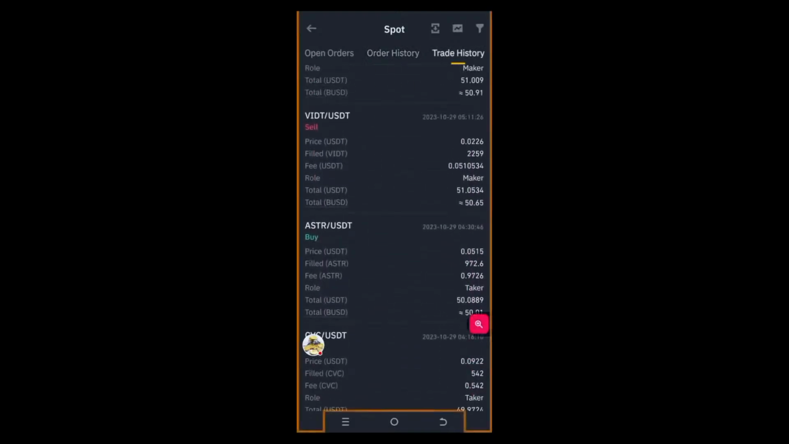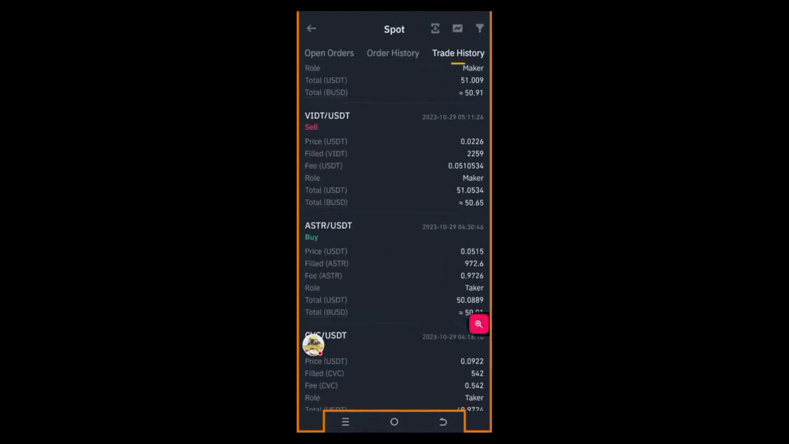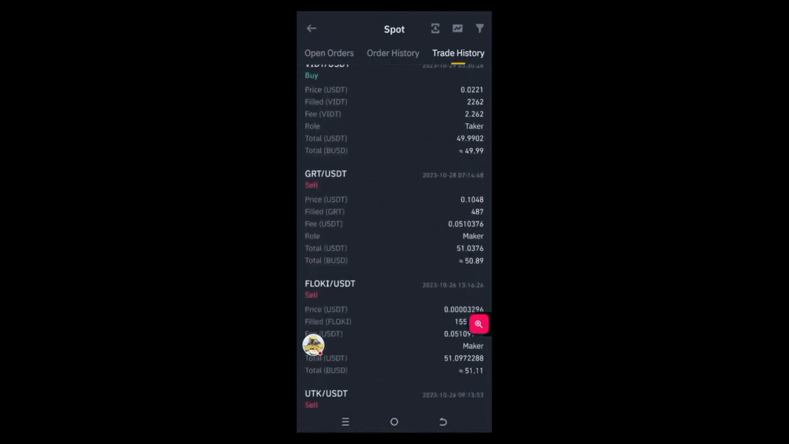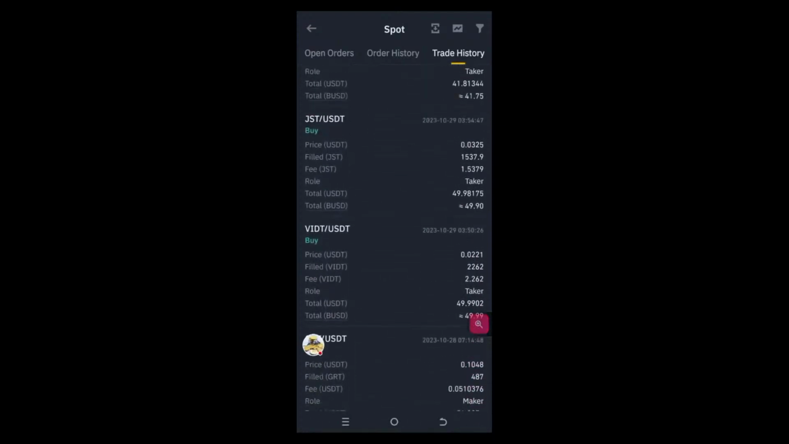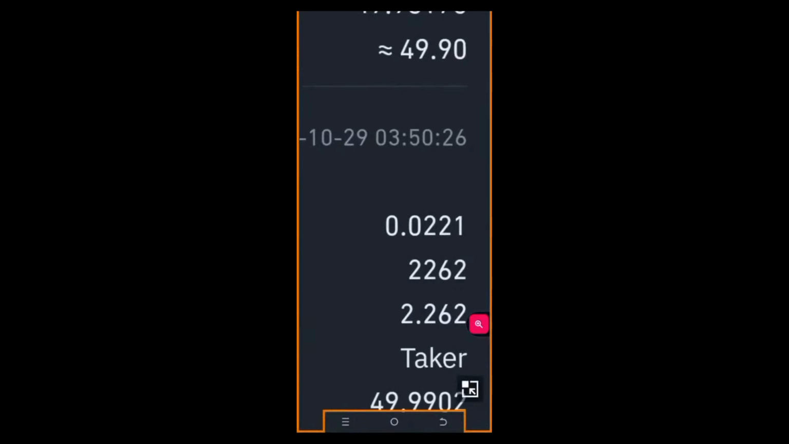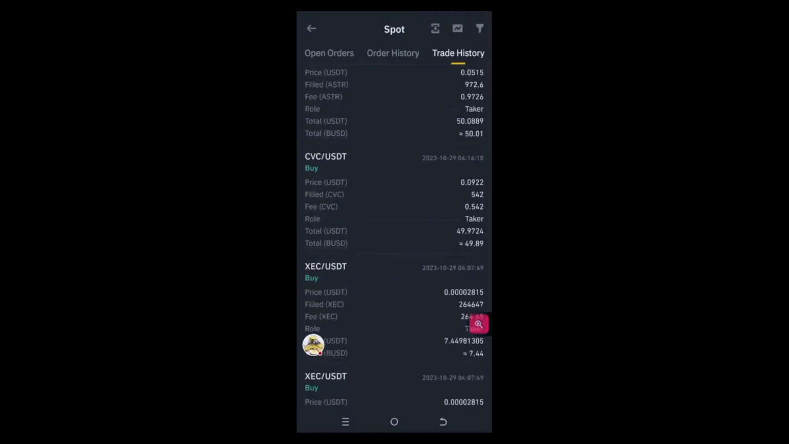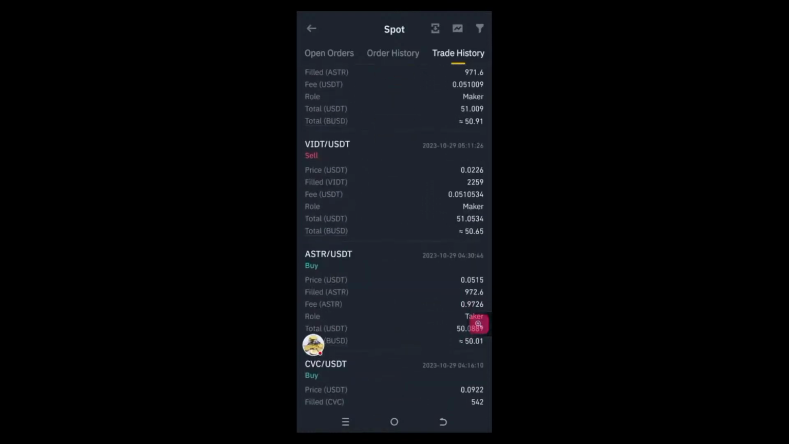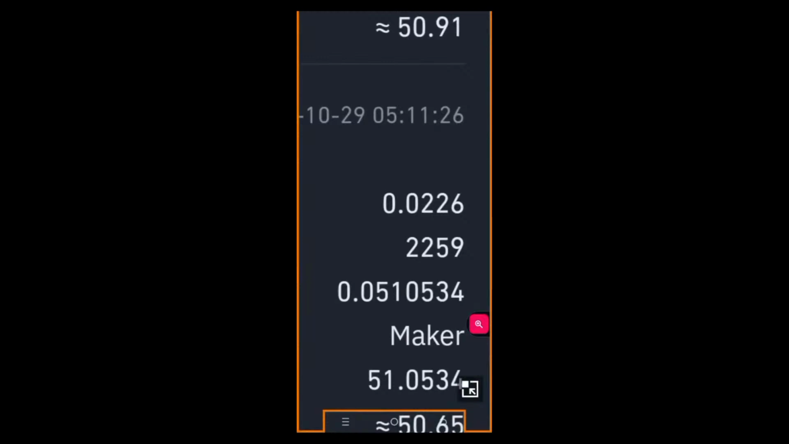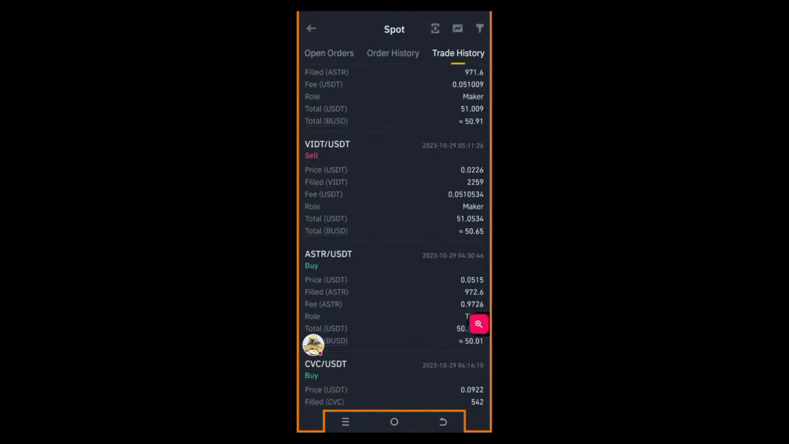Okay, so this is VIDT. We actually bought it at 221. Yes, that's how much you put. Let me go and check so that I can show you and be very sure. Look at it here. We bought it here at 221. That's the price we bought it at. And in terms of its execution, we were able to execute it at 0.0226, and that gave us a profit of